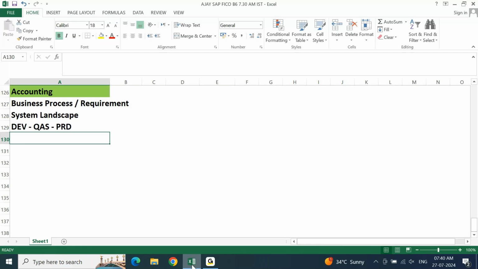Is that correct? Those who are aware of it? Yes, sir. It is purely based on the package. Whatever the package you are getting on your offer letter, that package is multiplied by some percentage: 30%, 40%, 50%, 60%. Higher the package, lower the percentage; lower the package, higher the percentage.